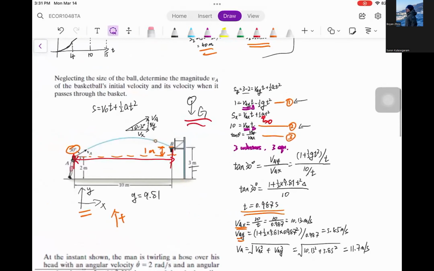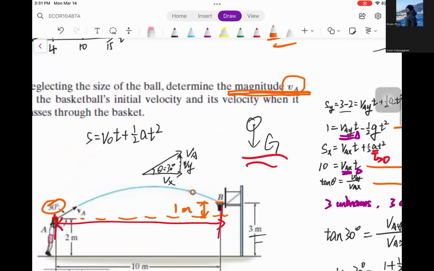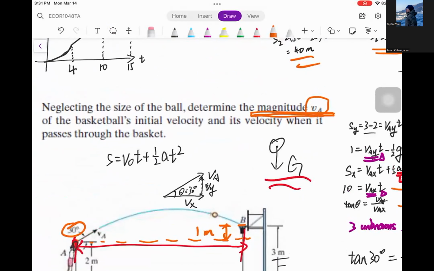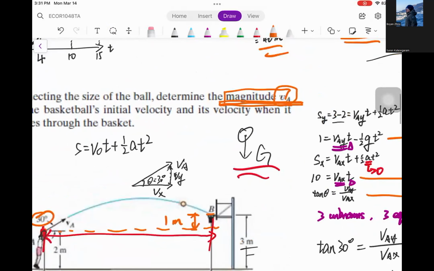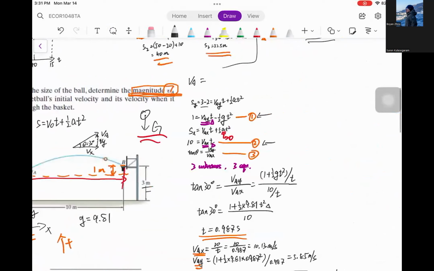So here we find the answer for the magnitude of VA. Oh, and another small issue to keep in mind is, for example, here the question is asking for the magnitude of VA. In this case, we need to find what's going to be the numerical number for VA. So in this case, VA is equal to